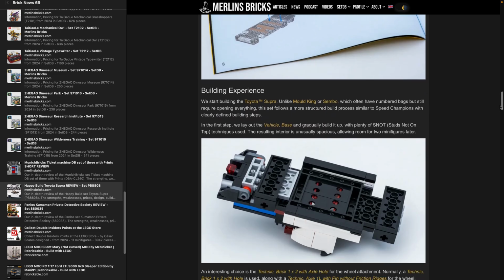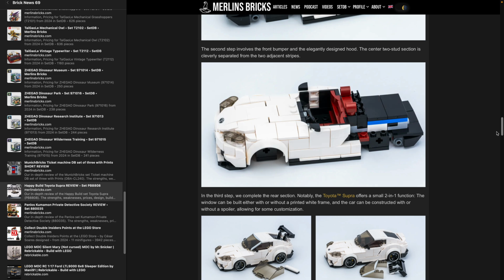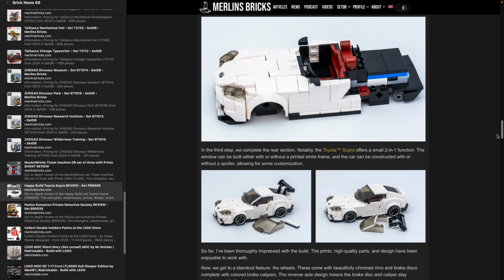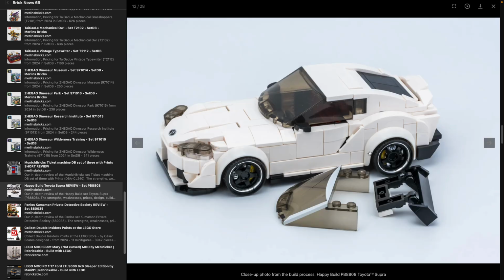They're very high quality, and everything that you see here is pad printed, so there are no stickers in these sets. It's all pad printed. I think no other manufacturer is doing these cars in that kind of quality. The only thing I had to complain about is that these white prints on the trans black window did not